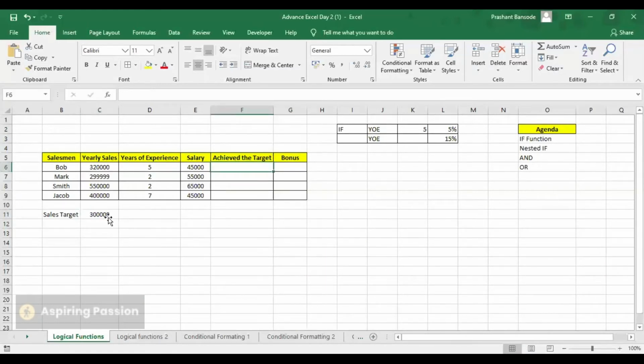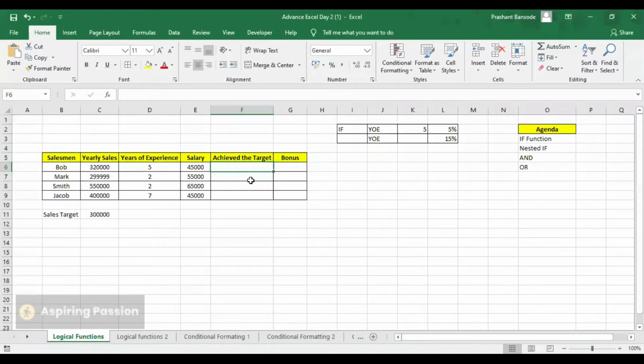Now please remember that the most important, primary condition is that the sales target should be achieved. If the target is not achieved, then they won't be eligible for the bonus. I'll come to that point, how we can apply a nested IF function. First we are going to understand how to apply a normal IF function and get a result of true or false. I'll give you a very simple example. You can set a particular condition. By default it will throw true or false, but you can even change the statement as per your requirement. So I'll just show you a simple example.